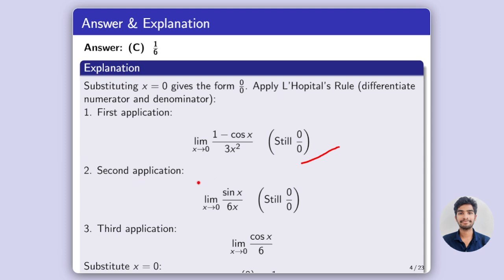After the second derivative, it is still in 0 by 0 format. Then we apply the third derivative. In this third, there is no 0 by 0. The cos 0 value is nothing but 1, so the answer will be 1 by 6. This way we solve this problem. Next,